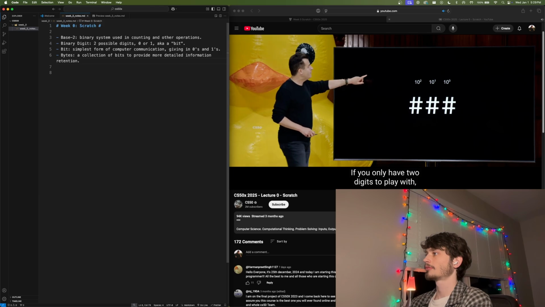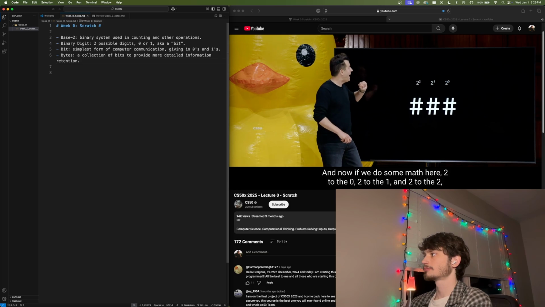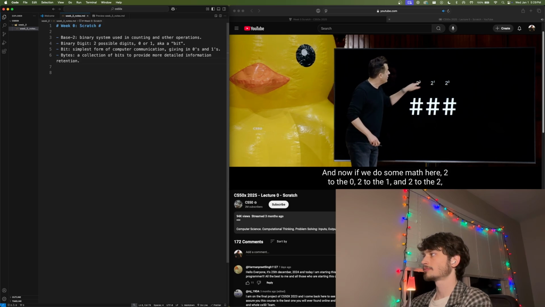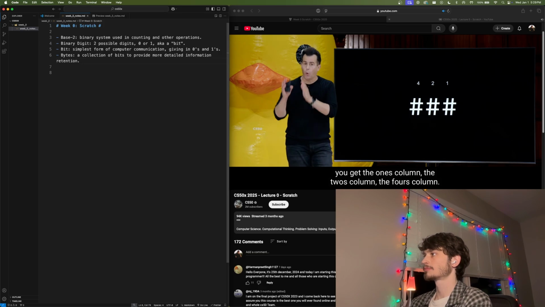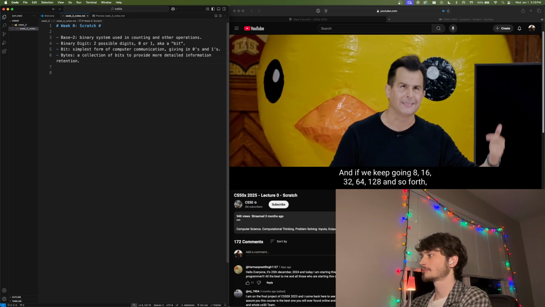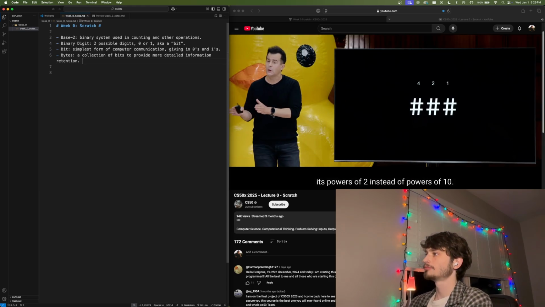If you only have 2 digits to play with, the 10 base should, of course, become a 2 base. And now if we do some math here, 2 to the 0, 2 to the 1, and 2 to the 2, you get the ones column, the 2s column, the 4s column. And if we keep going, 8, 16, 32, 64, 128, and so forth, it's powers of 2 instead of powers